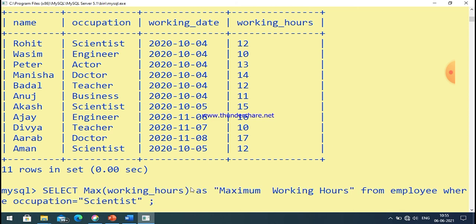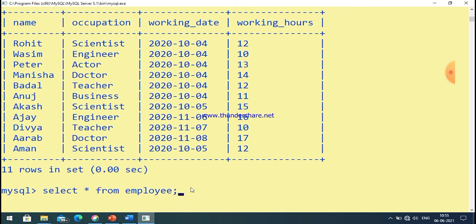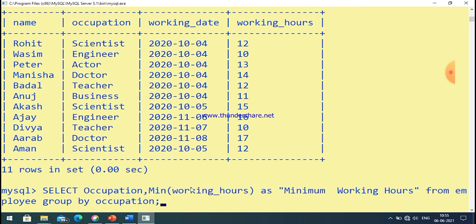Okay, now let us take the previous example, but impose a condition over a group.